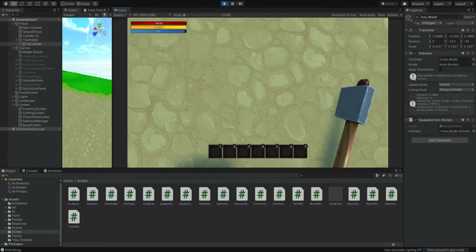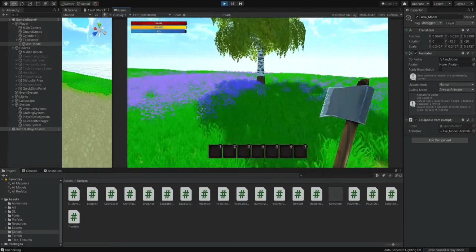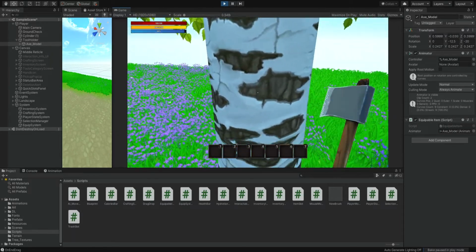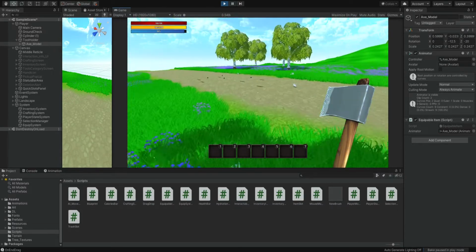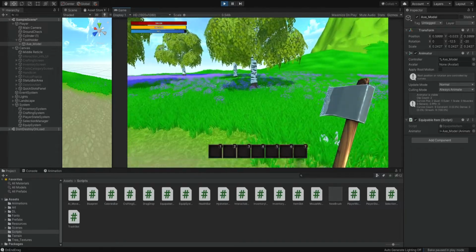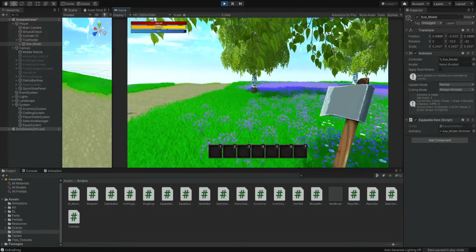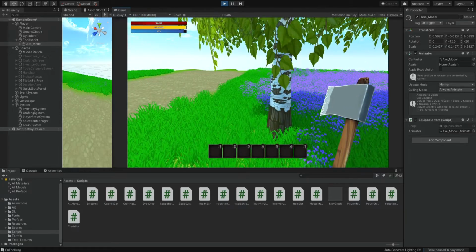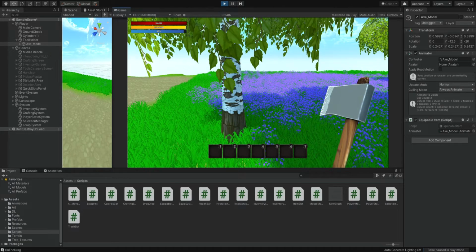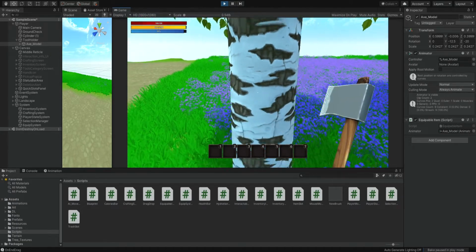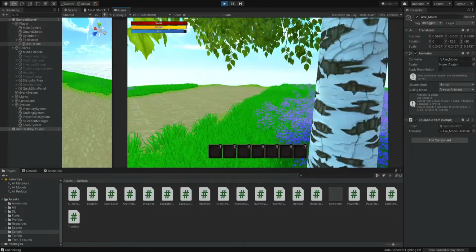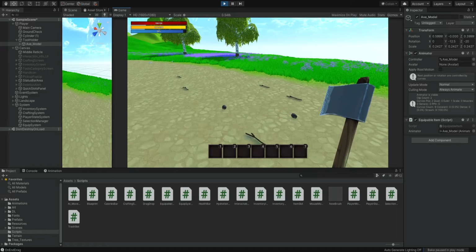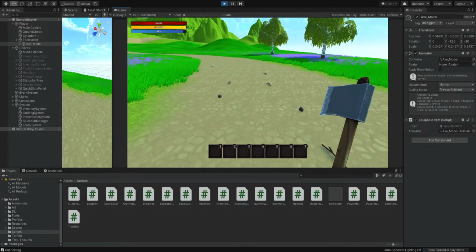Right now it's clipping through the floor and through these trees, but we're going to take care of that. And that's one of the big issues many people have, is when they create all kinds of tools or weapons for a first-person game. They always have this problem that the tools are clipping through walls or through objects, and we're going to take care of that in this episode, okay?